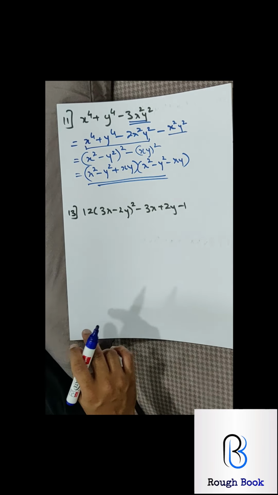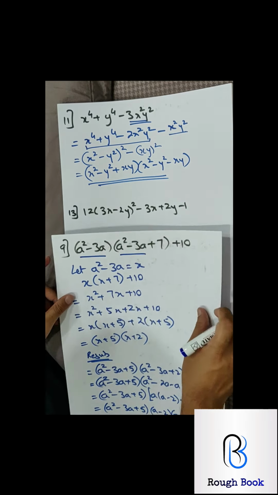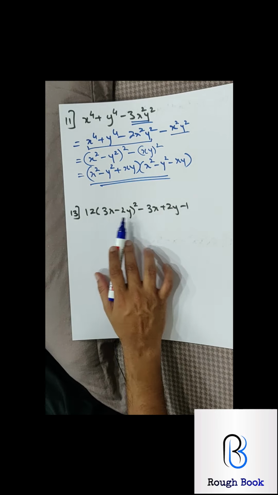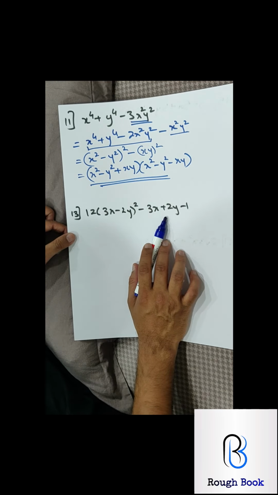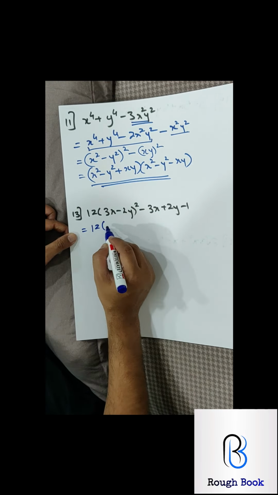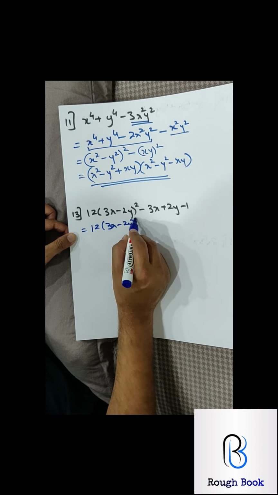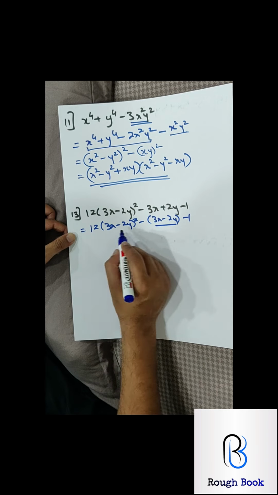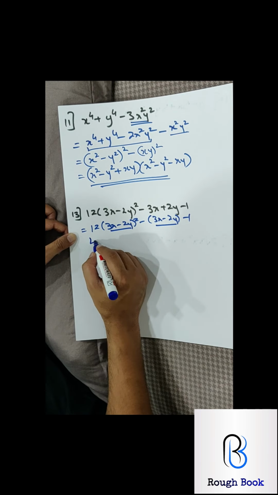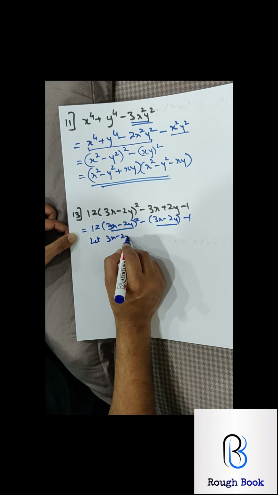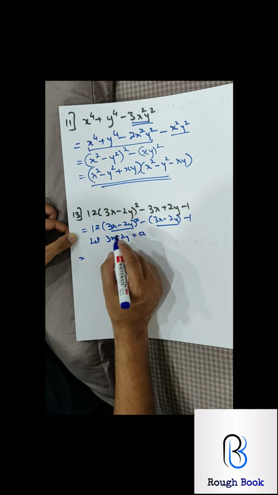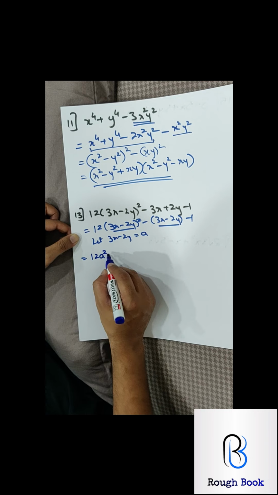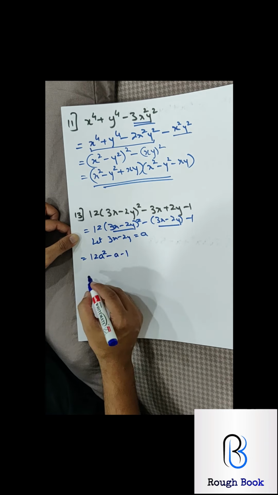This is again similar to the one which we did just now, this one. So we had this common, we considered it as x. So here these parts are not exactly common yet. You will have to make it common. So 3x minus 2y the whole square. Pull out minus and then this will become same. So now I will say let 3x minus 2y be a. You can't take it x again because x is already used. So 12a square minus a minus 1.